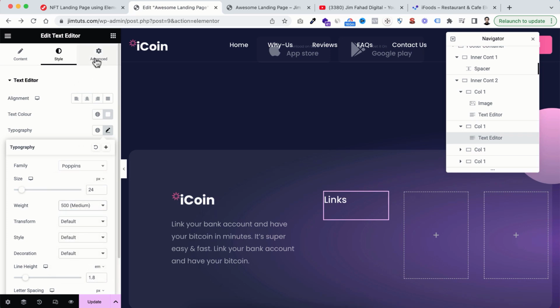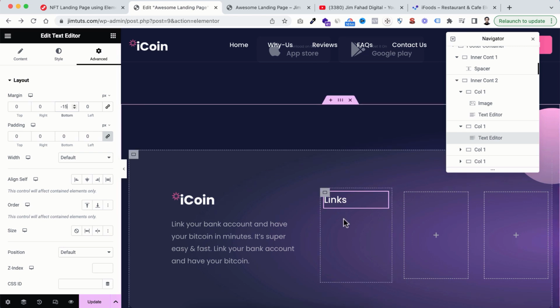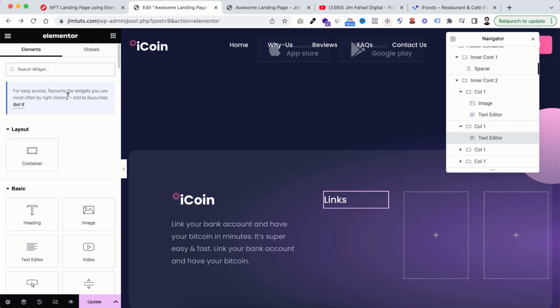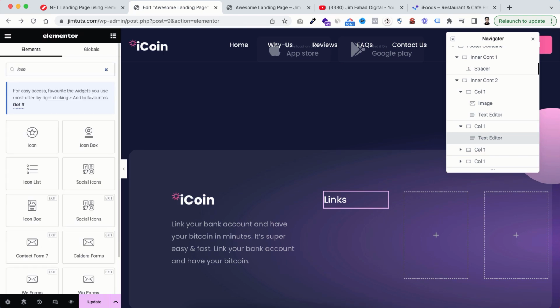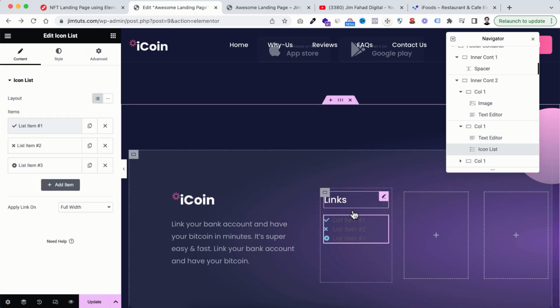And now let's go under the advanced tab because I don't want any padding here, but here we can make the margin bottom -15, just like it. Okay, now underneath this heading we can add some icon list. So from here I'm just searching for icon list, so drag it underneath here in this place, and first of